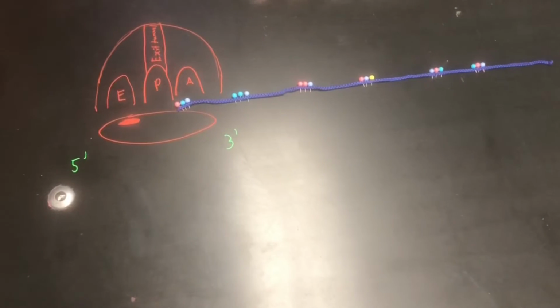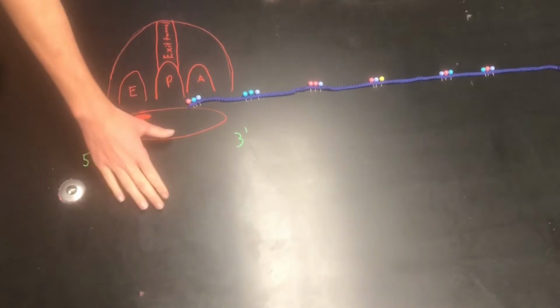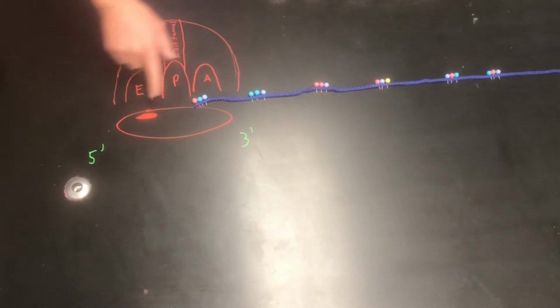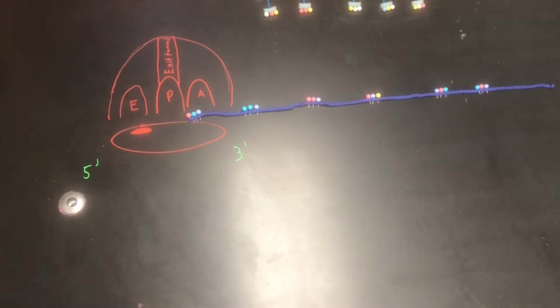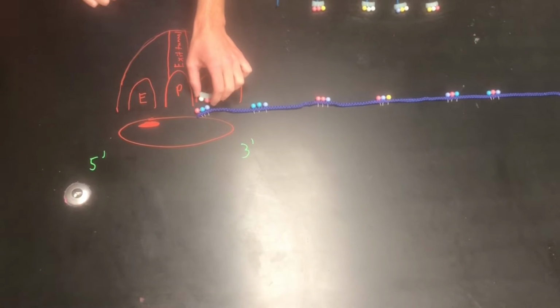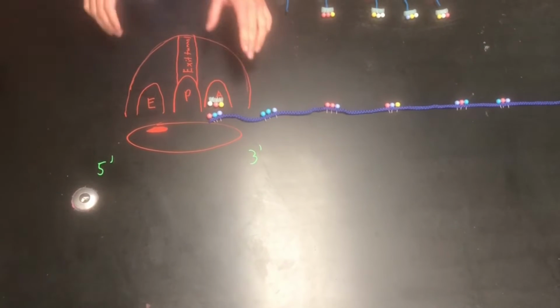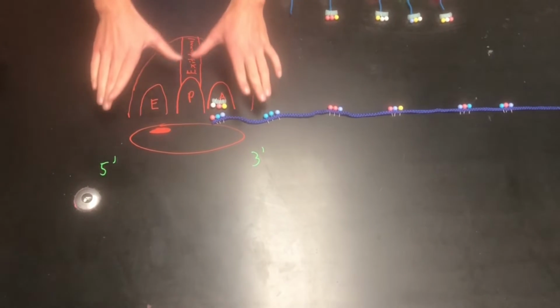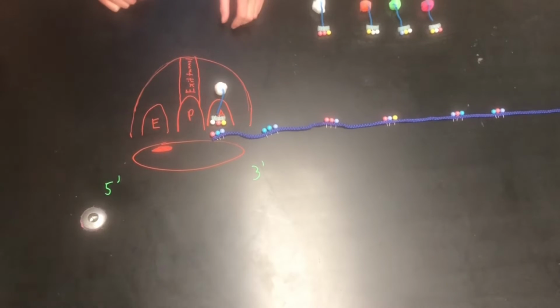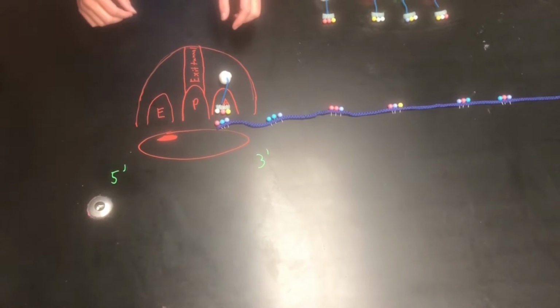Starting off, the small ribosomal subunit binds to the mRNA that travels from 5' to 3'. An initiator tRNA will then bond to the start codon, causing the large ribosomal subunit to attach, completing the translation initiation complex. The complex does its job